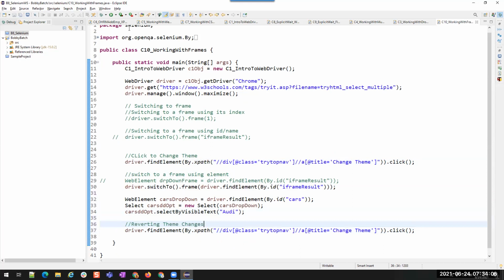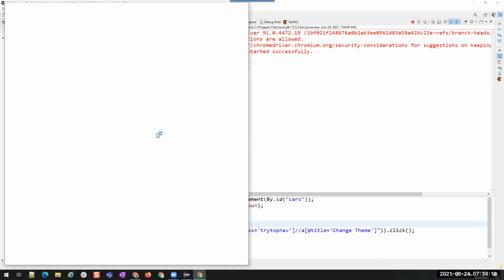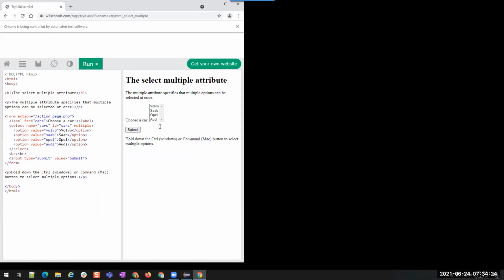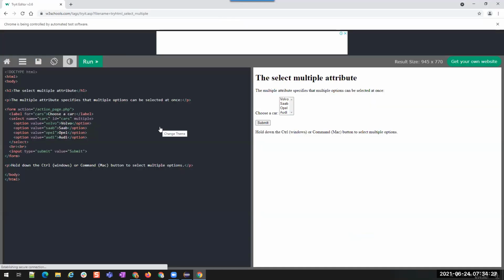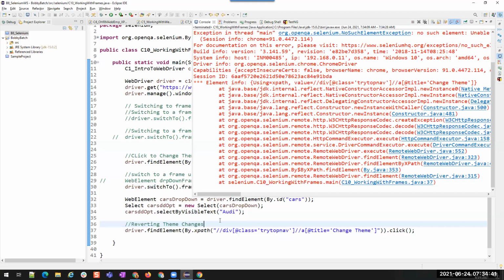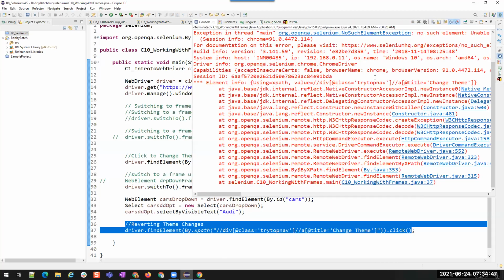What happened? Let's see what happens when I run this. Observe the page, it will be running very fast. Theme changed. RD selected. Is it done? Theme is changed and RD is selected. And after selecting this, I asked my script to click again, right, to change the theme, revert the theme. We wrote another extra line. What is it doing? It threw an exception.